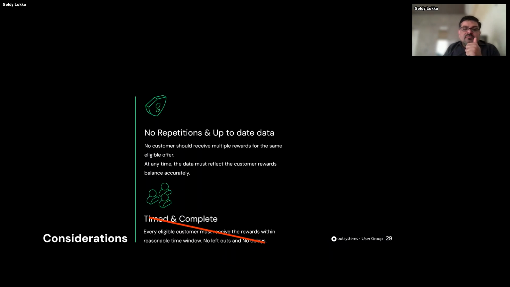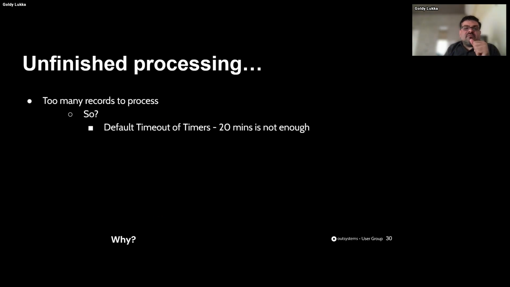If you remember, we had two types of problems. One is we did not want repetitions, and another one we wanted everything to finish on time and completely. Everything should complete well, right? So the second consideration is not being met, right? There is an unfinished processing. Why is there unfinished processing? Well, what happened was